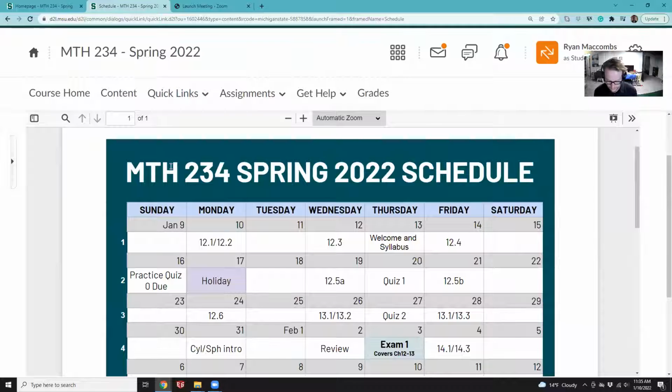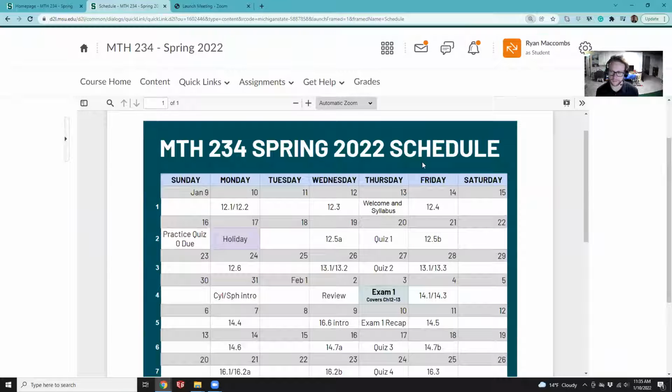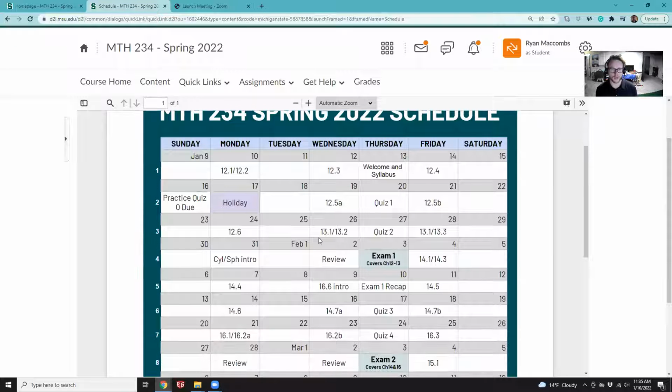So these right here, I can zoom out a little bit, close that. You can see today we're talking about 12.1 and 12.2. Wednesday we'll be talking about 12.3. All of these numbers right here are referencing our specific course textbook, which is Stewart 7th edition. It's the same textbook that we used also for Calculus 1 and Calculus 2. In fact, I have a full copy of it right here. There it is. Big old, 1,500 page or so textbook, but it's the same one that we use for Calc 1 and for Calc 2.